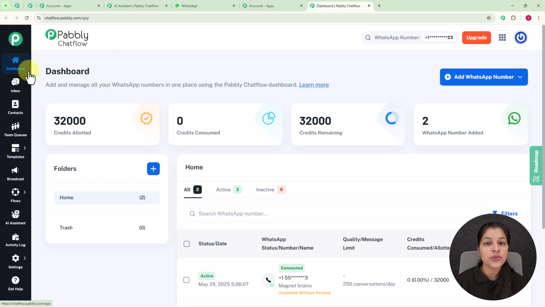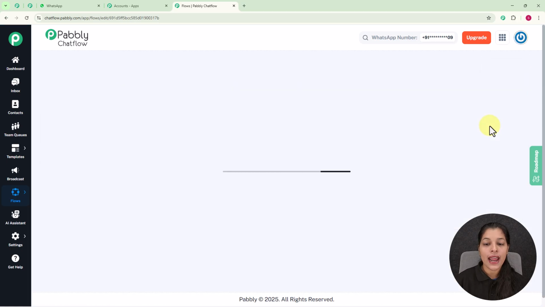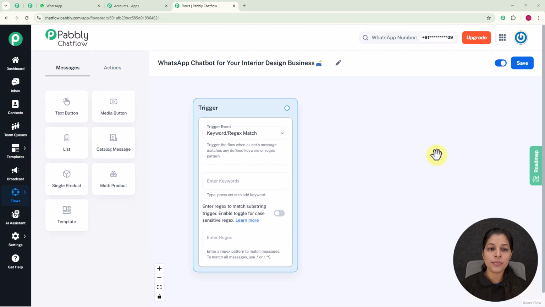Now as we are going to create a chatbot, we have to create flows for that. So for that you simply have to click over the flows given on the sidebar, and as you click over the flows, you will land on the flow builder page, and here you can create your own flow for creating the chatbot. So for that you simply have to click over this add flow button, and you will land on the flow page where we are getting this option for providing the name to the flow. So now let's provide a name to my flow here. So here I am providing it the name WhatsApp chatbot for your interior design business, and afterwards we are getting